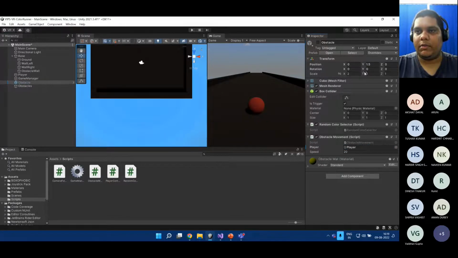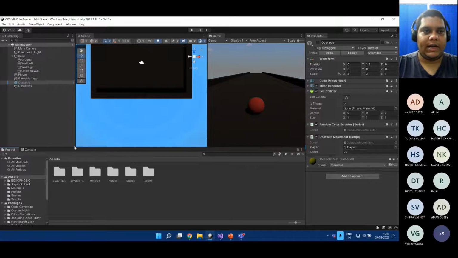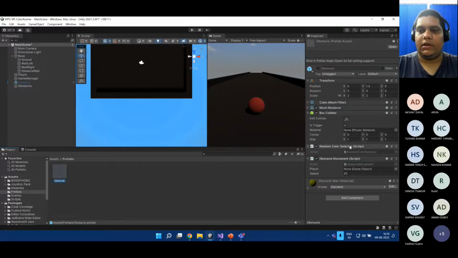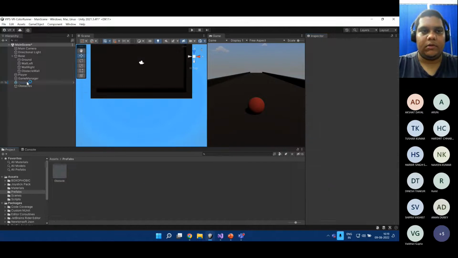This is how we can update all the prefabs that we have. So basically adding it in the scene and then updating it from here. We have not been able to update it here. Let's try it again. Oh, this is a prefab, so this won't work. But